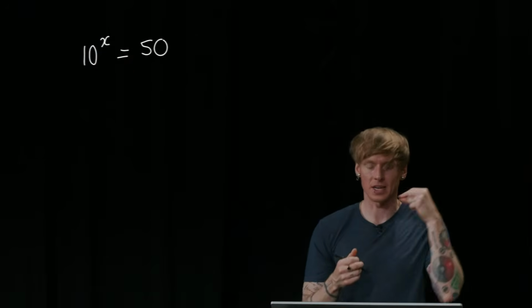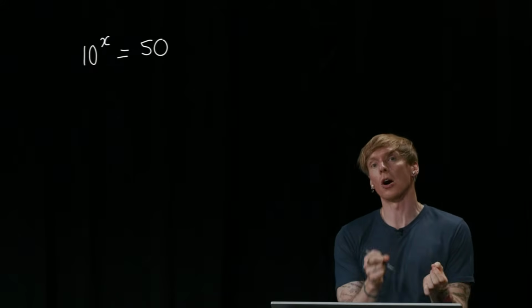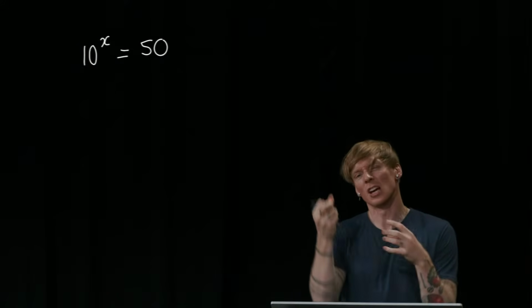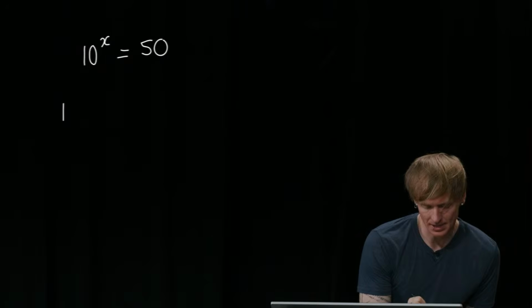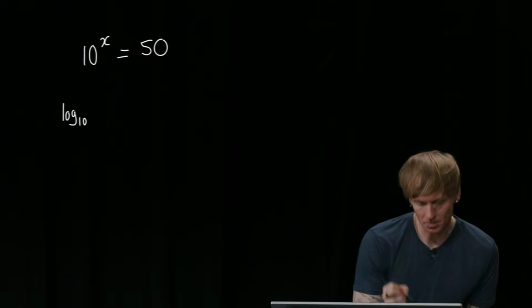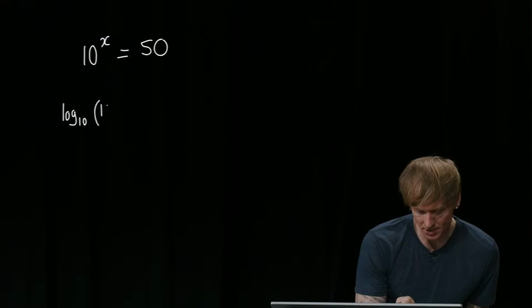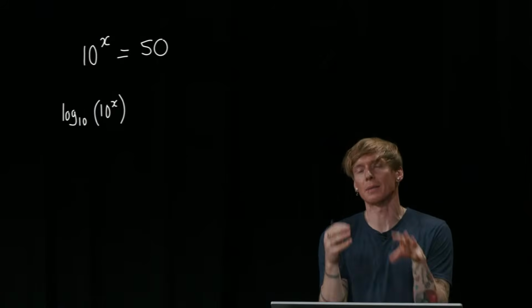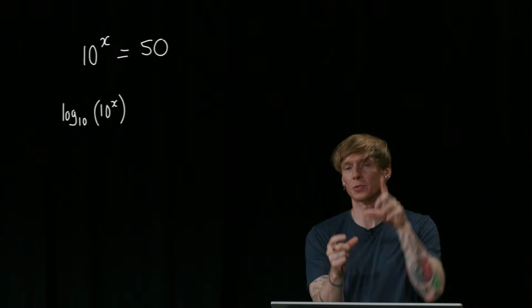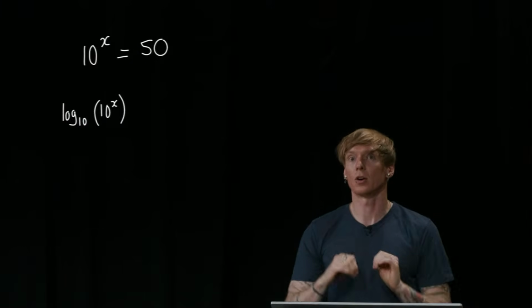So we have to actually go in and take the log of both sides of the equation to pull down the x. What I mean by that is if we imagine doing log base 10 of both sides of the equation, and recall we have to do the same to both sides to make sure the equation still holds. As long as we do the same to the left and the right, the equality